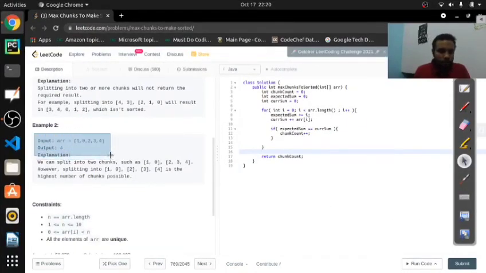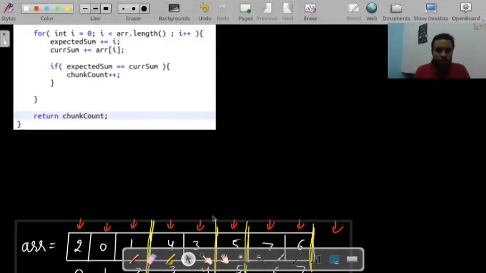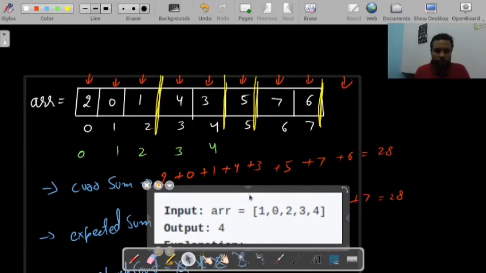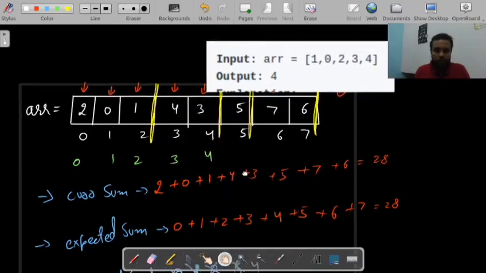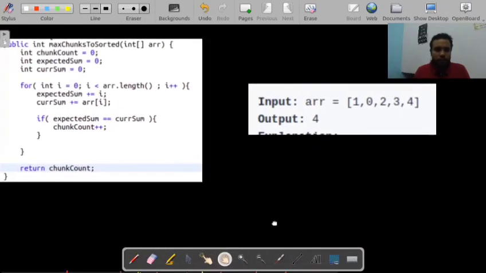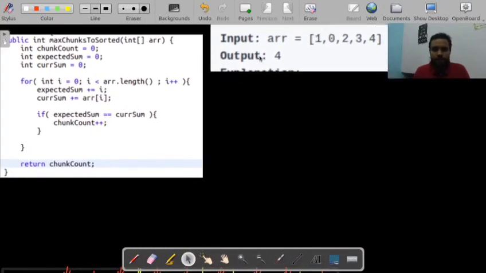Let me crop this again. Enlarge it so that I can simply move it. Yeah, I can move it easily.